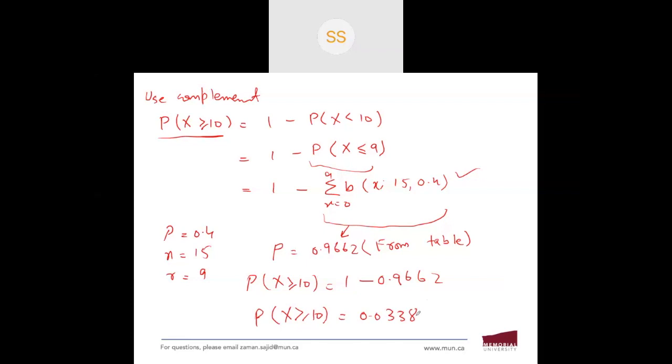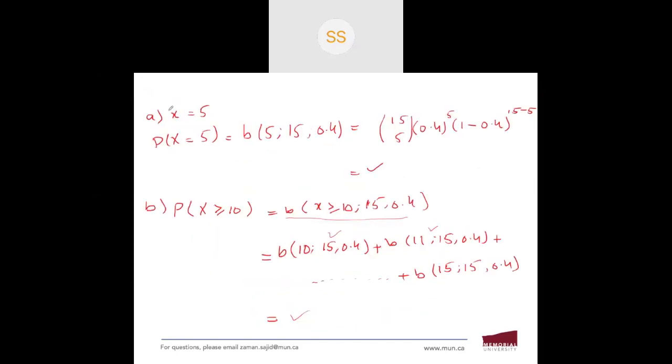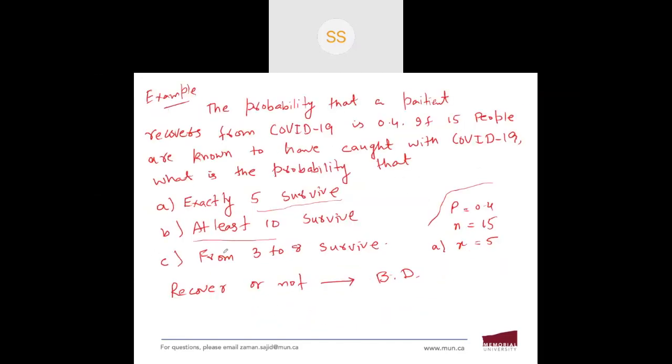Now I'm going on to the next slide. For the third part, part C, he's asking us to find from 3 to 8 survivors. So for part C, what will be my probability here? I'm interested in finding the probability when x is greater than or equal to 3 and